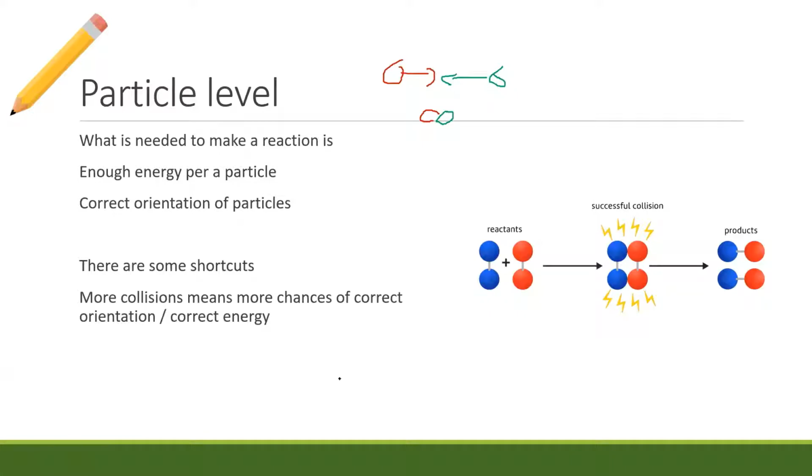So that means that the best way to increase the reaction rate is to ensure that you've got more collisions happening. If you have 10 collisions and you expect 5, you'd expect 5 products. But if you have like 100 collisions, then you would expect 50 products. So the best way to ensure that a chemical reaction will work is to have more and more